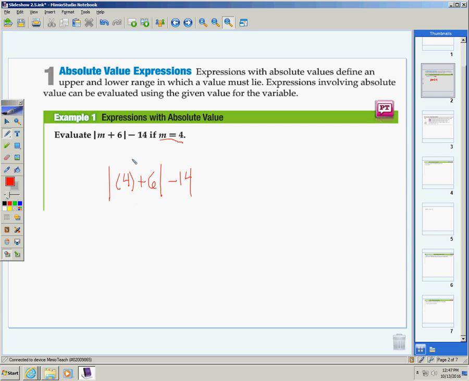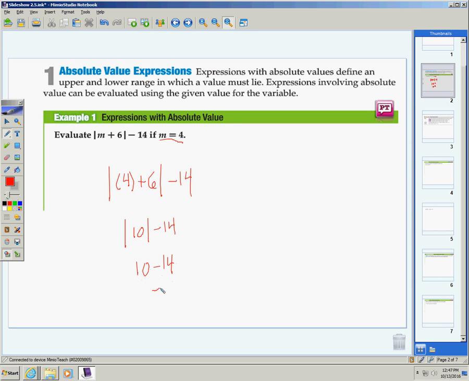Whenever you have absolute value bars, treat those like parentheses. Okay, so when we do PEMDAS, we should do what's inside the absolute value bars first. And notice, I'm going to add these together before I take the absolute value. So I get 4 plus 6, which is 10, minus 14. Now I'm going to take the absolute value of 10, which is just 10, and 10 minus 14 gives me